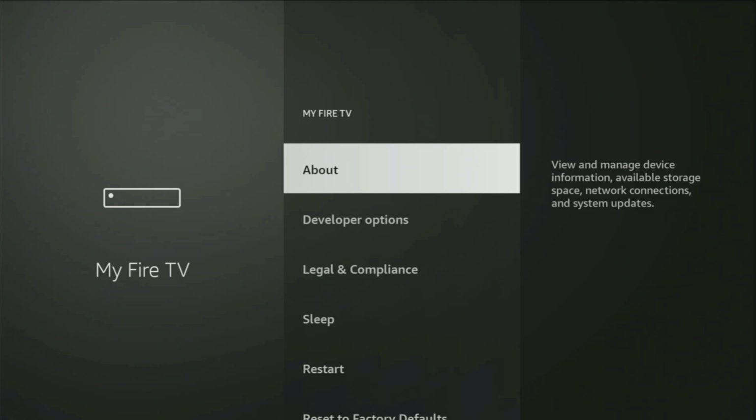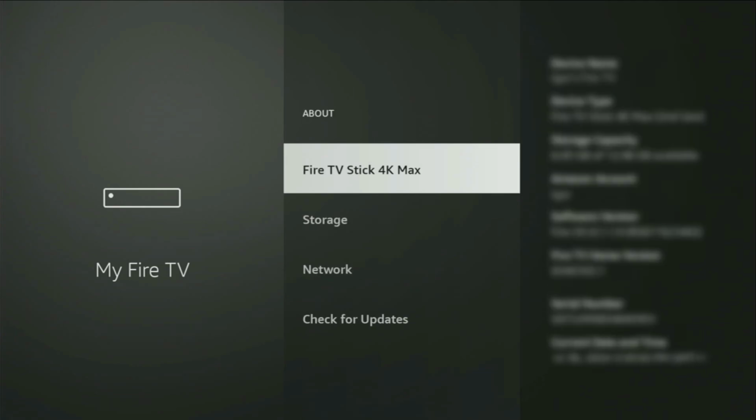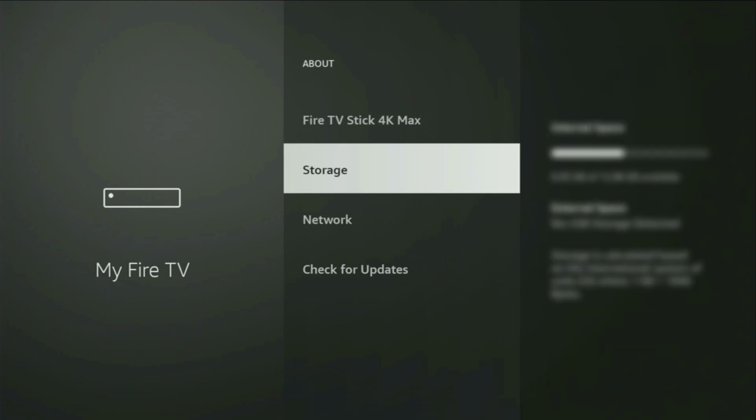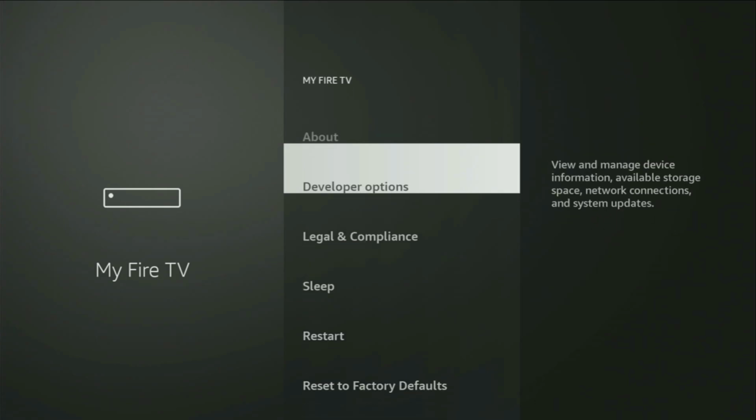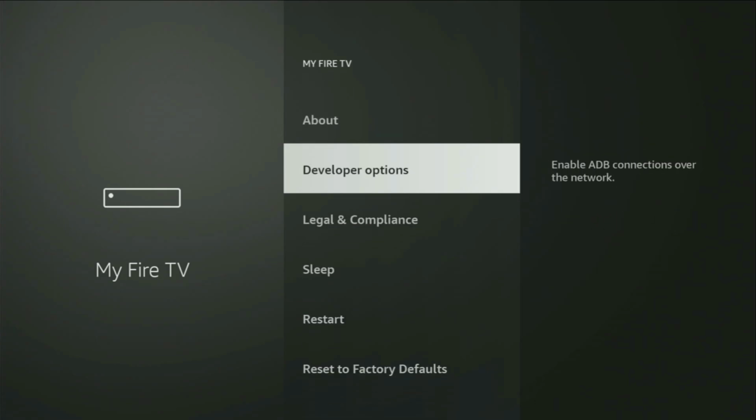to make them appear. You just have to go to About, select Fire TV Stick, and now you'll have to click on the middle button on your remote for 7 times and do it fast. So let's do it. And as you can see, now for me at the bottom it says no need, you are already a developer. That's in my case. And in your case, it's going to say that you have become a developer now. So if you go back a bit, you will finally see developer options, which now have appeared for us right